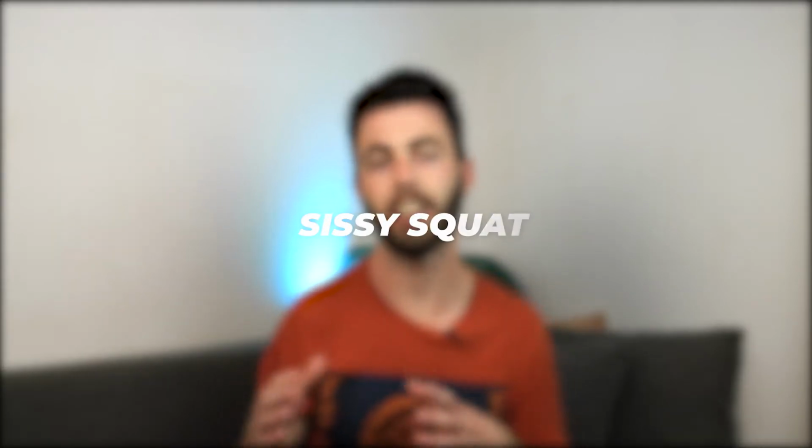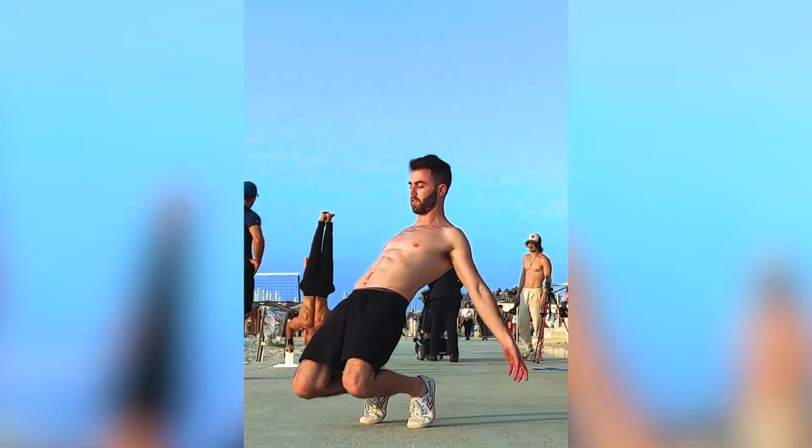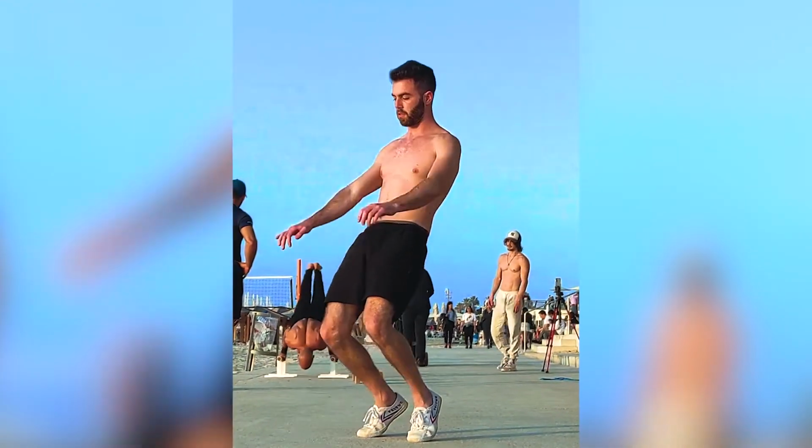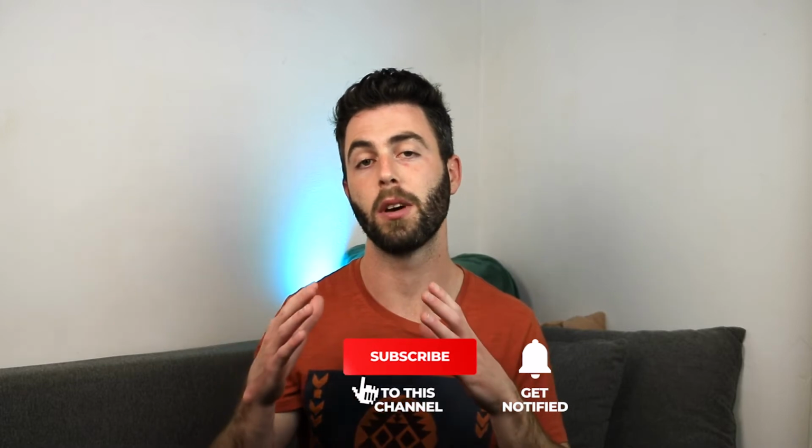The second drill is the Sissy Squat. Again, like in the pistol squat exercise, this exercise too can be intimidating to tackle, since you probably saw people do the hardest variations of it, which are super challenging. But like in the pistol squat exercise, this one too has plenty of variations you can play with no matter what level you are. The way you want to tackle this drill as a beginner is to face a wall